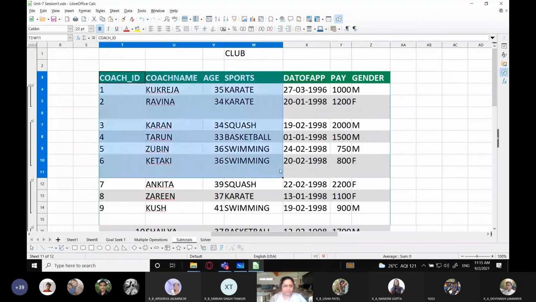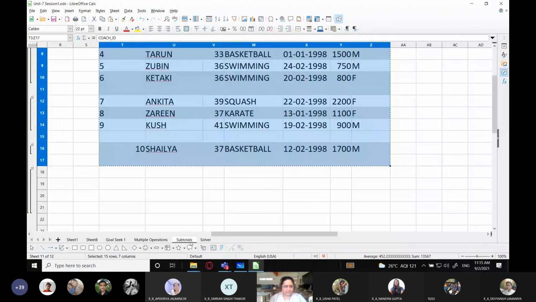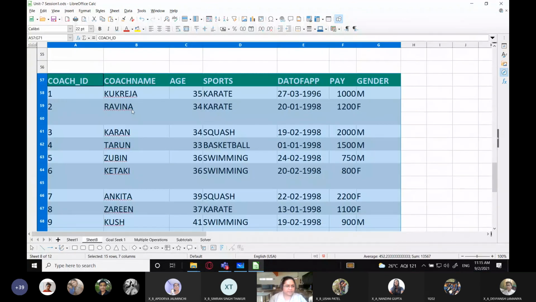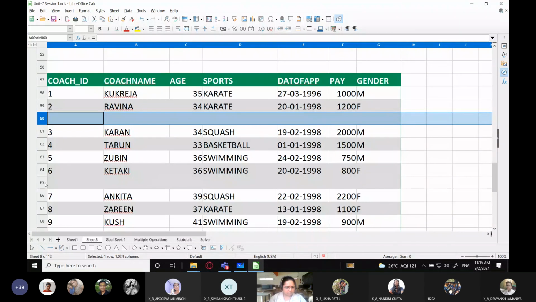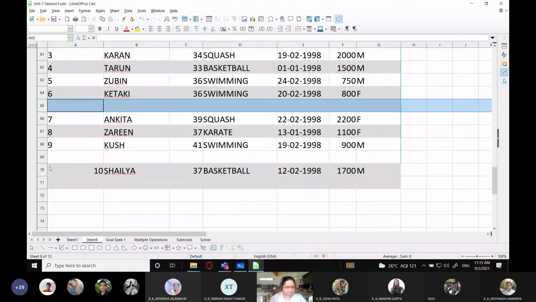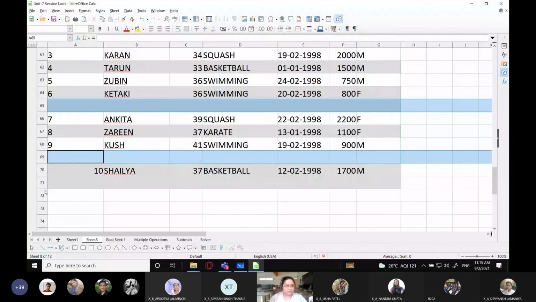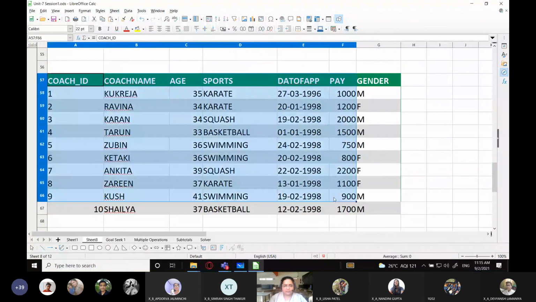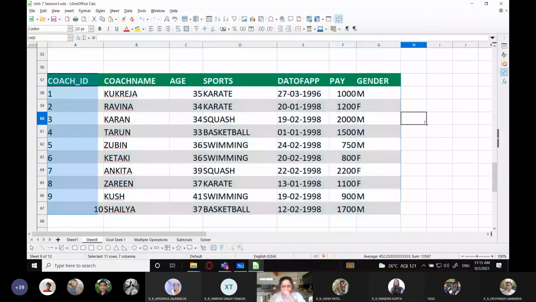So I'm going to again select this table and let's go back to this sheet, and I'm going to remove this extra row. We'll go to sheet, delete rows. Okay, and now my question is